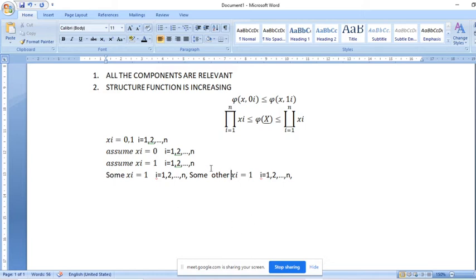So if some x's are 1, then some other x's will be 0. So in that case the product xi will be 0, but at the same time phi of x can be 1. For example, in the radio system we discussed yesterday, there is a possibility for